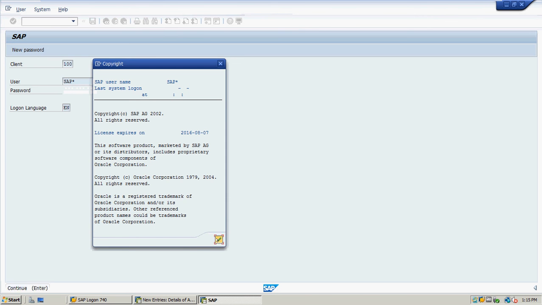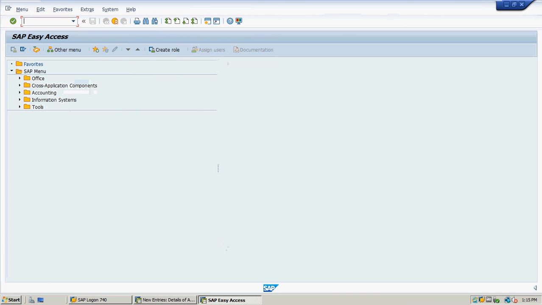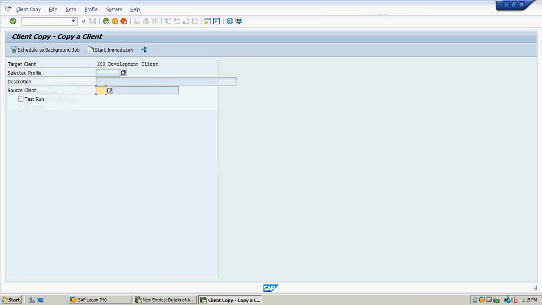Go for next. If you are not setting the parameters of control of SAP star as 0, you will get the error. So you have to set that profile parameter that I showed you in the previous class about the post activities. So now go for SCCL to perform a local client copy. Whenever you create a new client, it will not have any data, any data meaning the roles, anything we have in the SAP system. It will be an empty client.